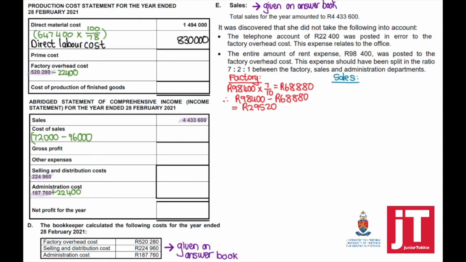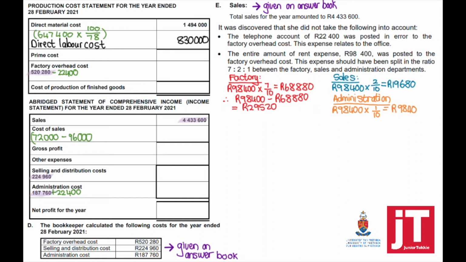If we look at the sales, which is your selling and distribution department, 98,400 times 2 divided by 10 means that my rent expense, which forms part of selling and distribution, is 19,680. For the administration department, we're going to say 98,400 times 1 divided by 10. That equals